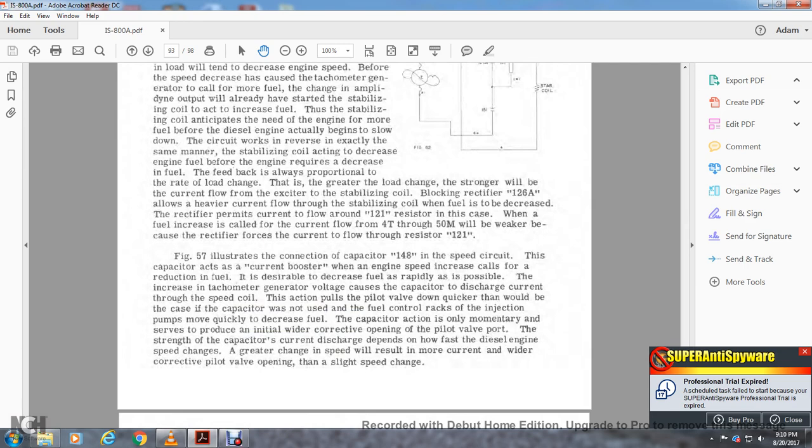Figure 57 illustrates the connection for the capacitor 148 with the speed circuit, with the capacitor providing a current burst when the engine speed increases or calls for reduced fuel. It is described as increasing the fuel rapidly where possible. The increase in tachometer generator voltage causes the capacitor to discharge current through the speed coil. This action puts the pilot valve down quicker than it would if the capacitor were not used,